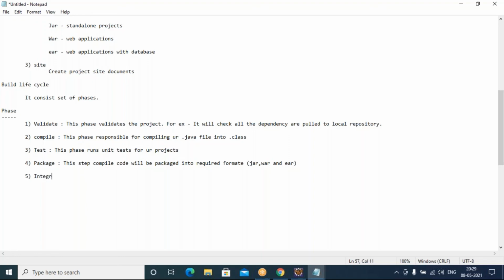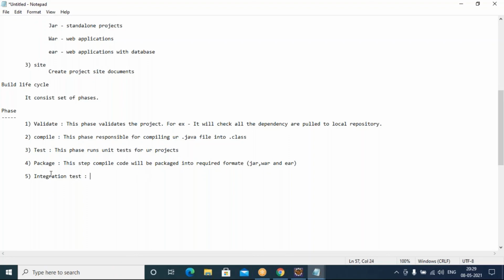And we have integration test, another phase. Integration test runs integration tests for your application. So integration test is simply the test which you are going to define in that test folder. You are trying to check some data flow between two particular modules or two particular methods or something like that.